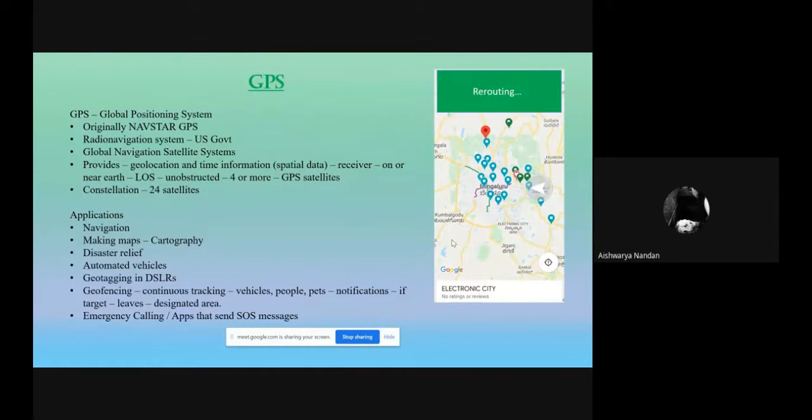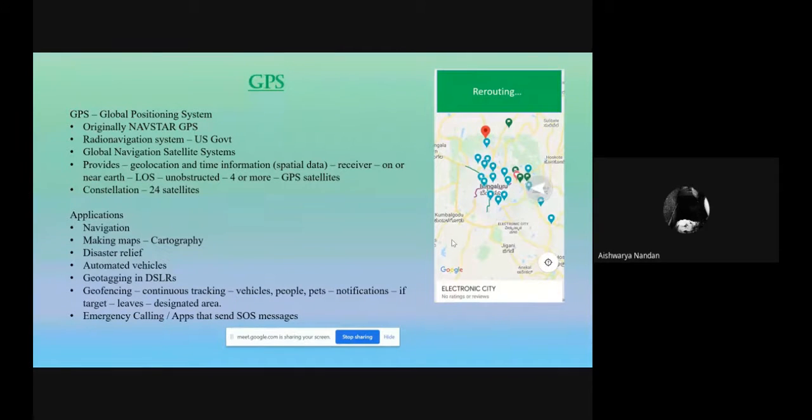It's used in disaster relief, like flood mapping, where you use coordinates, and even in automated vehicles like Tesla, where the vehicle drives itself without a driver based on GPS tracking. Even geotagging, available in DSLRs, uses this feature to get the location of the photo.